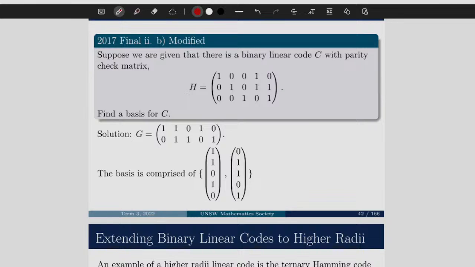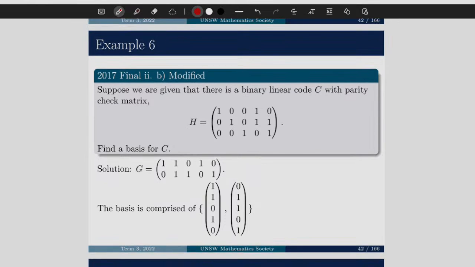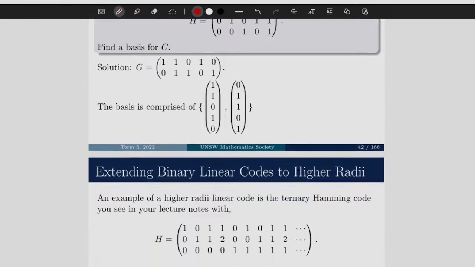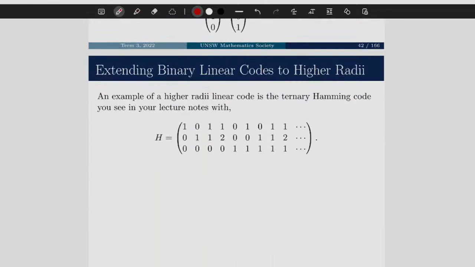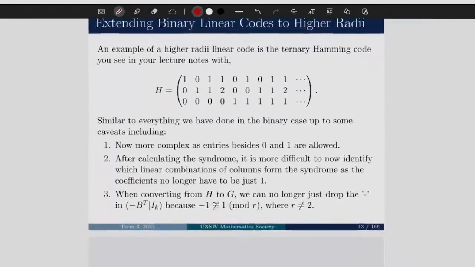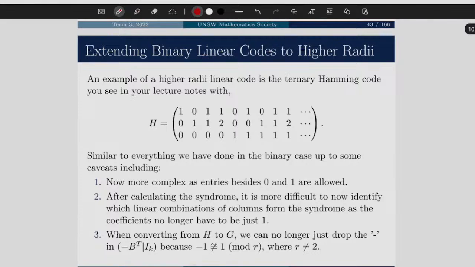Just before I go into what it means to add higher radii, I know that a lot of what we've been doing so far has been under the assumption that it's binary, like radix 2. Now we're going to be talking about what it means to extend it beyond 2 and go to higher radii, right? Like what if it was radix 3, 4, 10, a million, whatever. And we're going to be going through this through the lens of ternary. So there are some added complexities to it, and this is the end of our topic too.